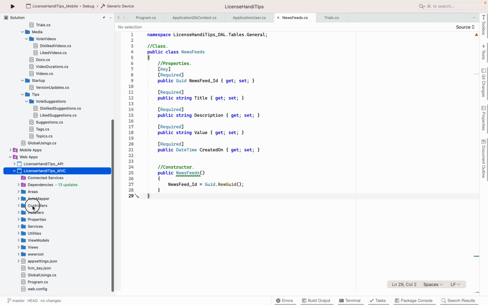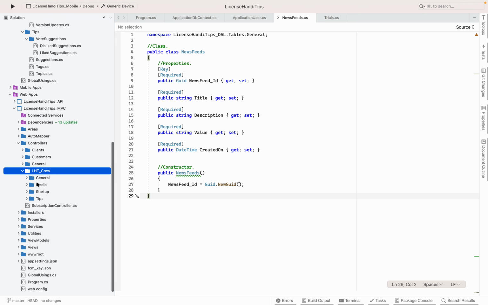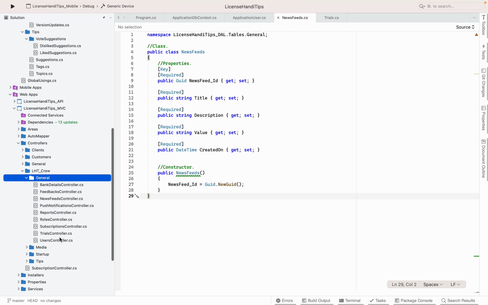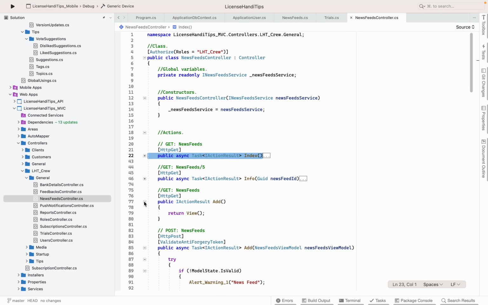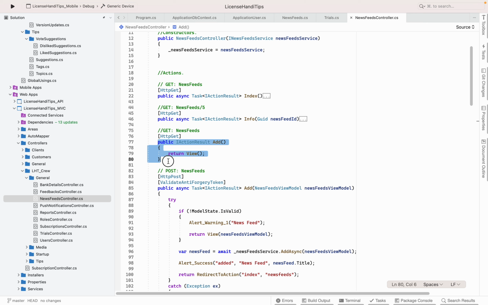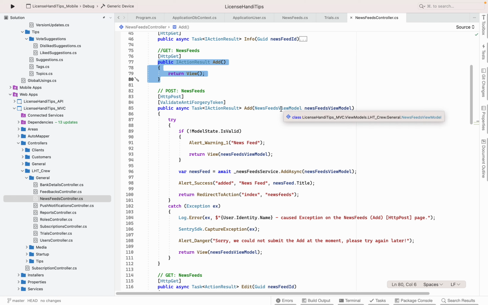So let's go to controllers. We're gonna look at this folder. We're gonna look at general. We'll find the newsfeed controller. So the request is gonna come in, right? I'm gonna show you the add page, and I want you now to pay attention to this guy,